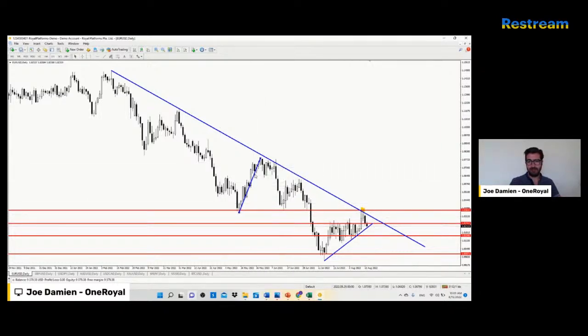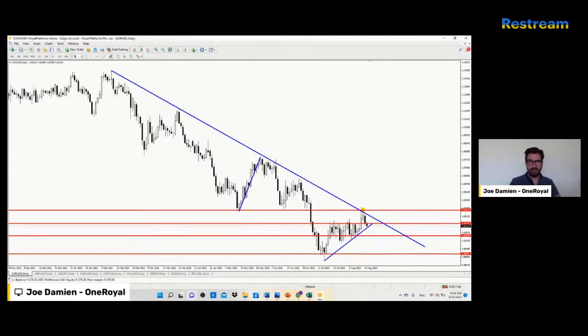One more thing you can look at is the length of the correction. So 1, 2, and 3 corrections, and this is a small one here. I took the length of this correction, and this correction has almost the same length as the new one, which is this one. This is an indication that the correction ended and it's time to see the Euro USD